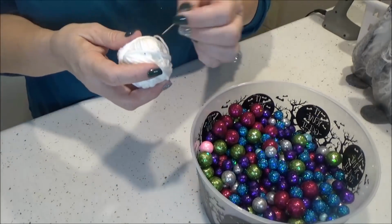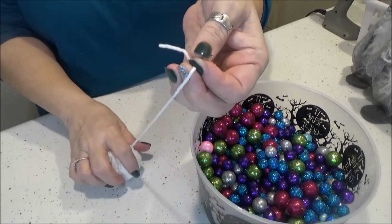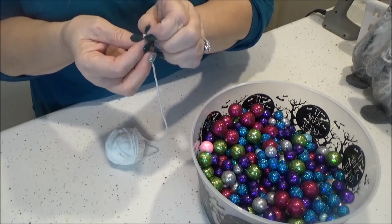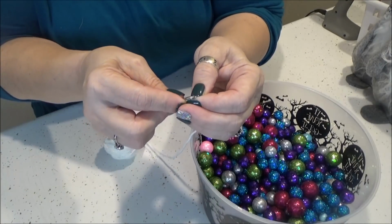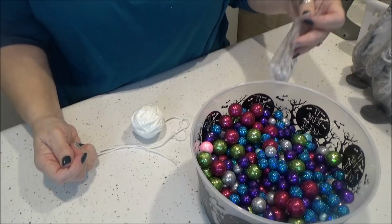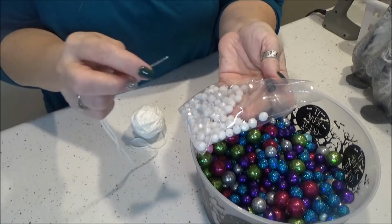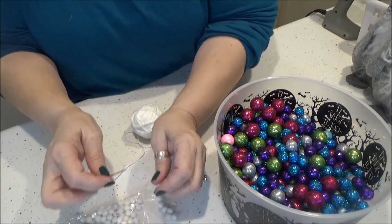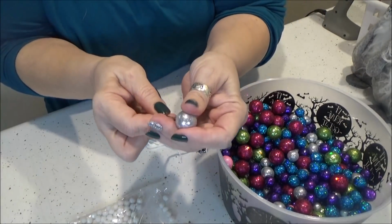But I just took some yarn and a big-eyed needle that I could get the twine through, or yarn, or embroidery floss, whatever you wanted to use. You're just going to thread your twine through your needle. And then I got these little white pony beads I'm going to use as separators. You can put one of these and one bead, or one of these and two beads, or whatever pattern you want to use. I did mine with one bead, one plastic bead,